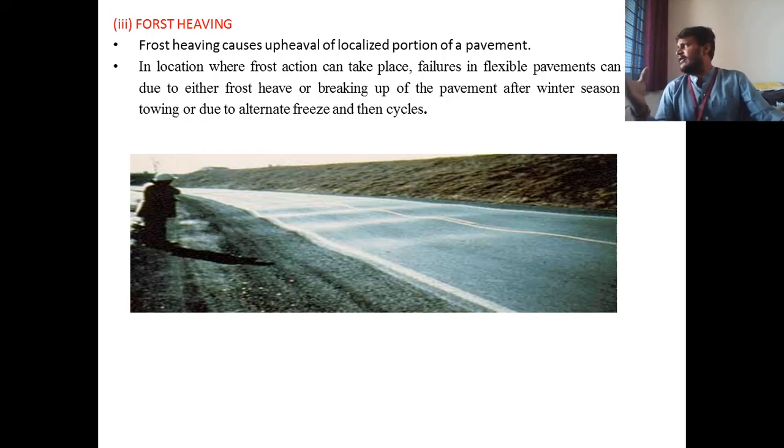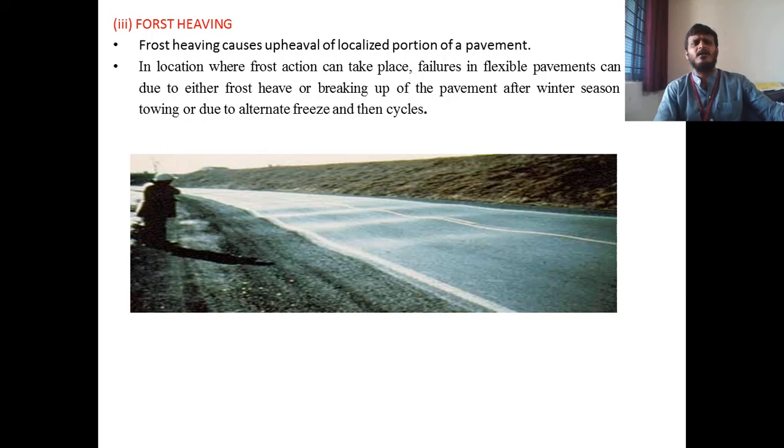That means, as in the previous failure, here also the water entrapped in the subgrade is exposed to alternate freezing and thawing conditions. Once there is a freezing condition, the water entrapped in the subgrade will freeze, that means it will be converted into a solid. As and when the thawing condition occurs, that ice will melt, thereby creating a void within the subgrade layer. Once the void is formed, the pavement is likely to settle at that particular localized area. Due to that, frost heaving is likely to occur.